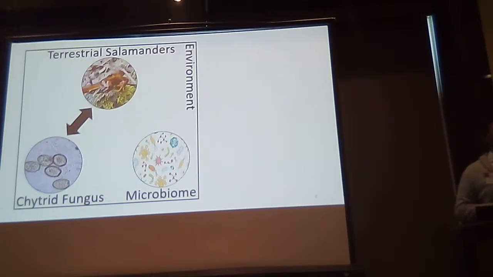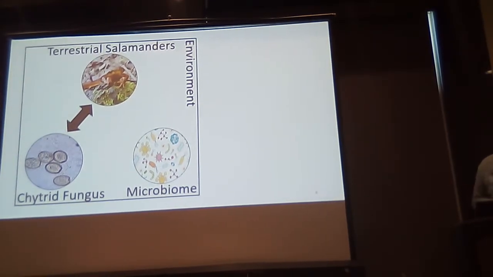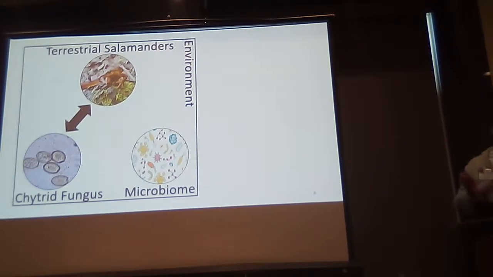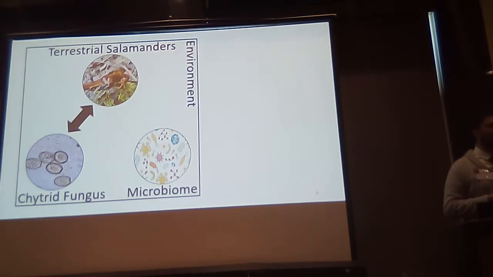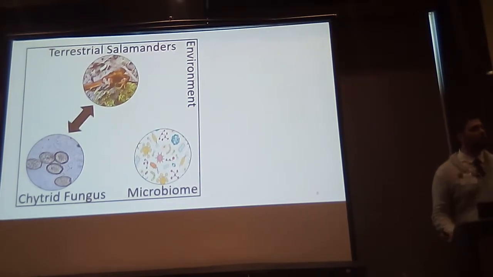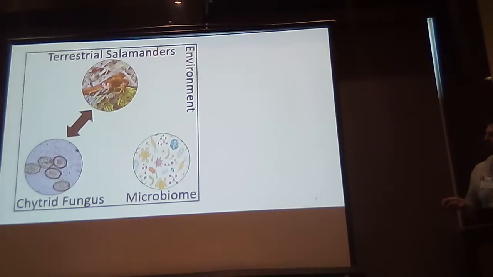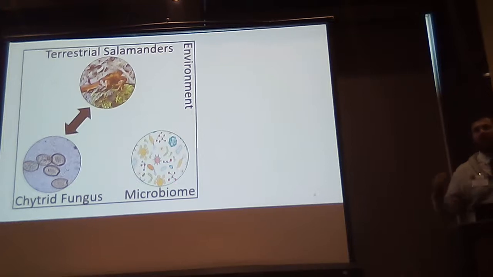And that's sort of what I want to allude to today in a study where we looked at terrestrial salamanders native to California. Again, we're looking at an aspect of their microbiome, and we were focusing on chytrid fungus. And as I mentioned before, B-cell is a recently discovered fungus. It thankfully has not been introduced into the United States, but we really want to stay ahead of that infection